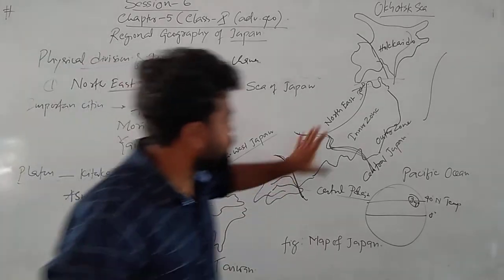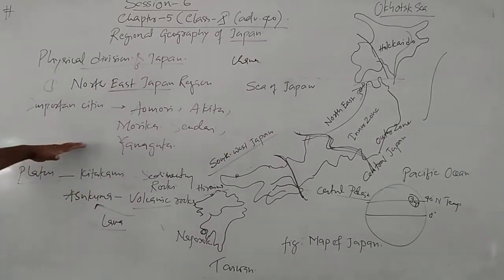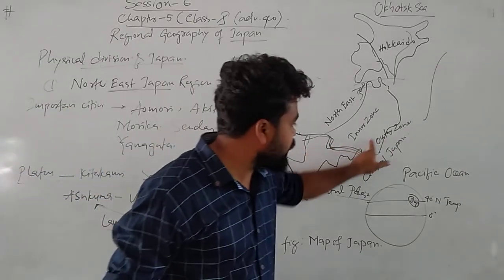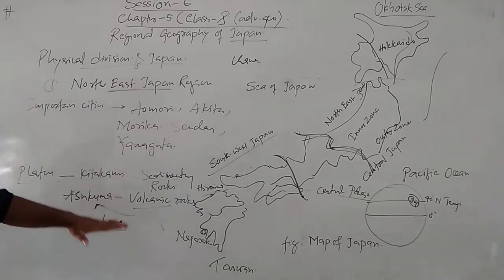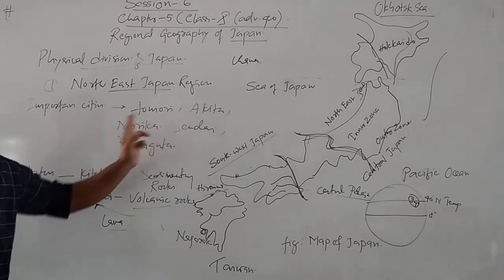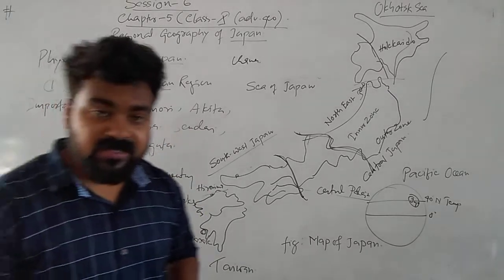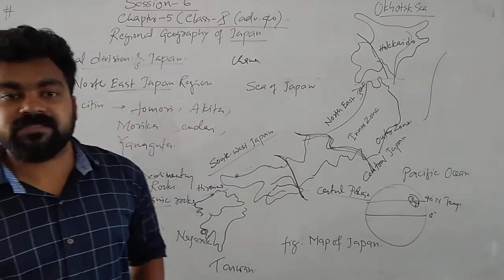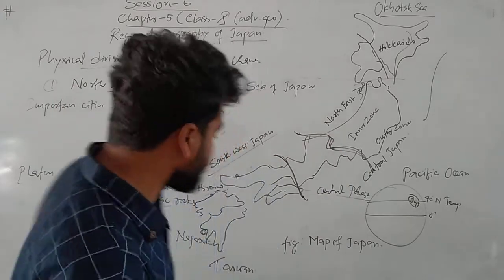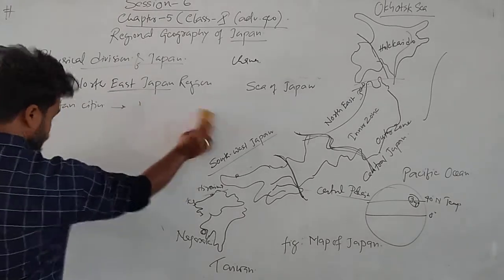So which is the northeast Japan? This part is northeast Japan. This is the northern part of Honshu Island. And here some important plains are there. The Kitakami Plateau is formed by sedimentary rocks. The Abukuma Plateau is formed by volcanic rocks, generally mainly from the lava. And the important cities are Aomori, Akita, Morioka, Sendai, Yamagata, etc. These are economically well developed cities. But we know that Tokyo is the most popular and densest city in the world, and the most developed city in the world. So in the next portion we will discuss